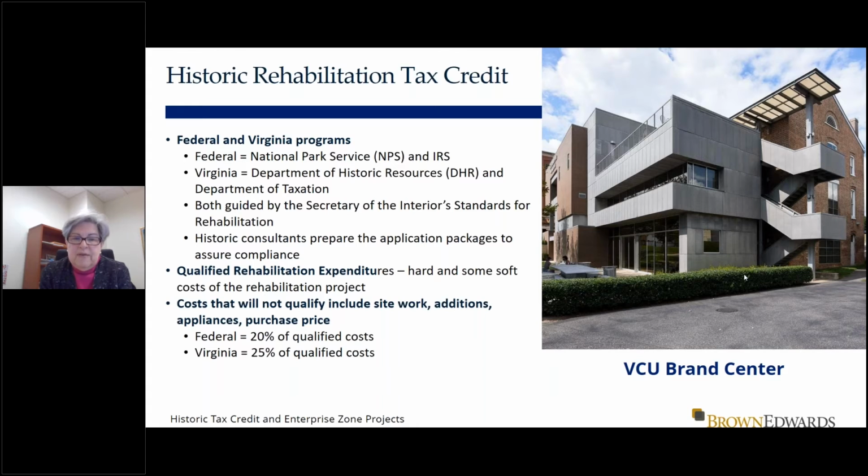The Virginia Department of Historic Resources is the state's Historic Preservation Office, or the SHPO. That is a term you will hear bandied about. All that means is that they are in charge of all the historic resources in the Commonwealth, but they are the conduit between the applicant and the National Park Service. So all of the paperwork is originally submitted to DHR for their review and then forwarded on to the Park